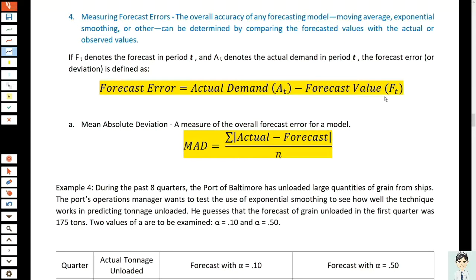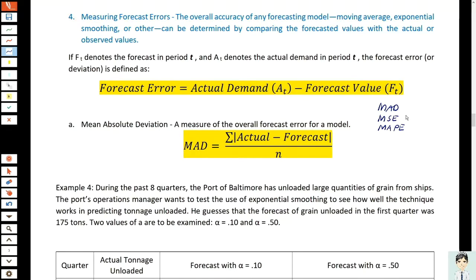Number one is the mean absolute deviation or the MAD. Next is the mean squared error or the MSE, and the mean absolute percentage error or the MAPE. So first, we will discuss the first